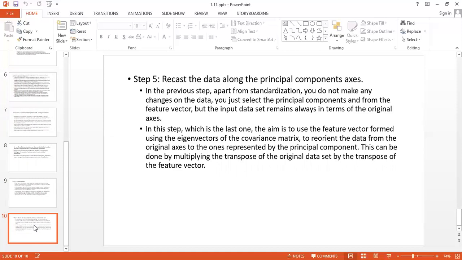In this last step, the aim is to use the feature vector formed from the eigenvectors of the covariance matrix to reorient the data from the original axes to the ones represented by the principal components. This can be done by multiplying the transpose of the original data set by the transpose of the feature vector.